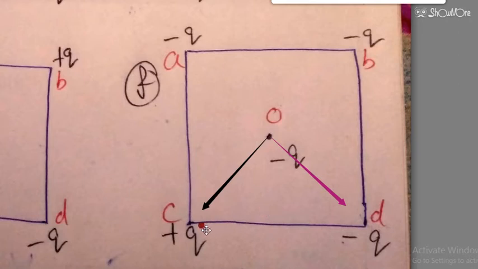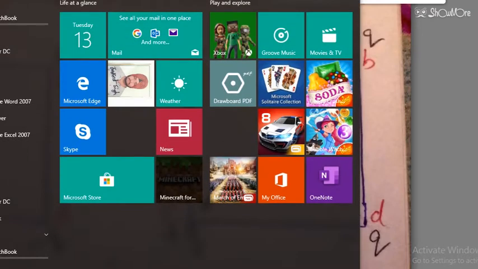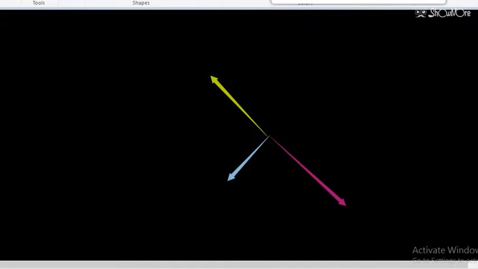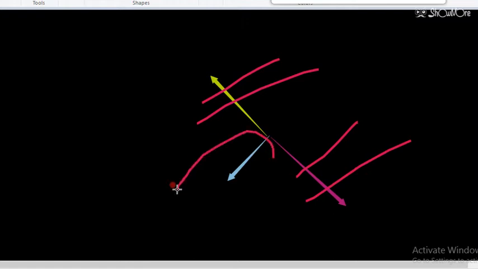Then at C, a positive charge is placed at O and a negative charge is placed, so this will be the direction of force. And here you can see negative charge is placed and negative charge is here, so it will be repelling this one. If you see the black screen again, these two forces will be equal in magnitude but opposite in direction, so they will cancel out and these two will be added, and the answer will be the same as our earlier question.